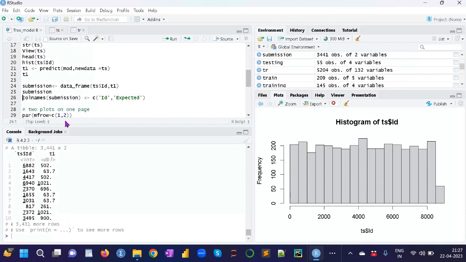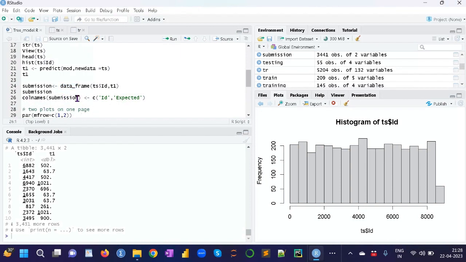Now I want to change it, because I am fetching the data in both data sets, ID and expand. The training data set has the column expand also. So I want to change the column name. This is my new data set, and its name is submission. That is how I am making the data frame. So I want to change my column name.